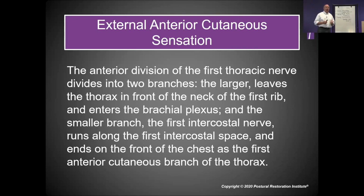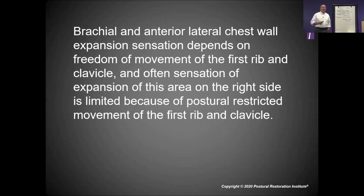And the smaller branch, the very first intercostal nerve, the smallest one, runs along the first intercostal space underneath rib 1 and ends on the front of the chest as the first anterior cutaneous branch of the thorax. It sets the stage for all sense of the thorax, that very first rib and that very first thoracic nerve. Your brachial and anterior lateral chest wall expansion sensation depends on the freedom and the movement